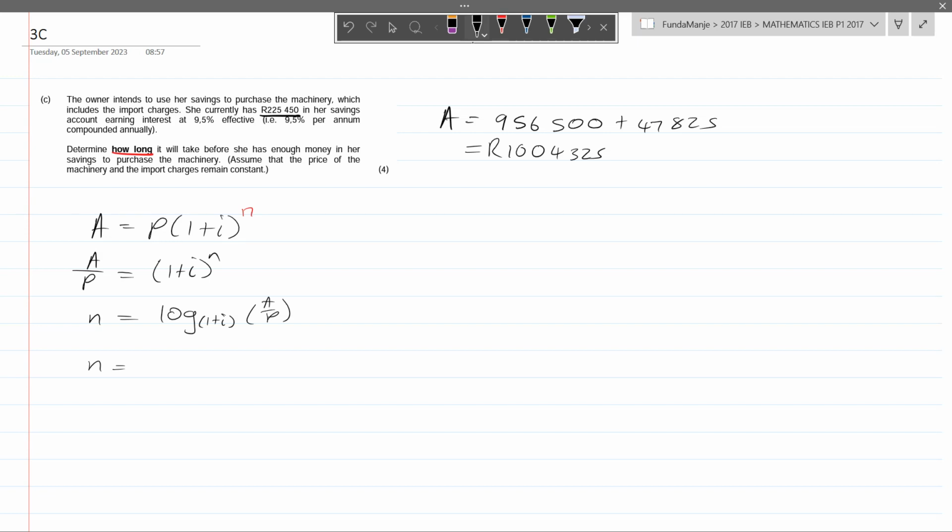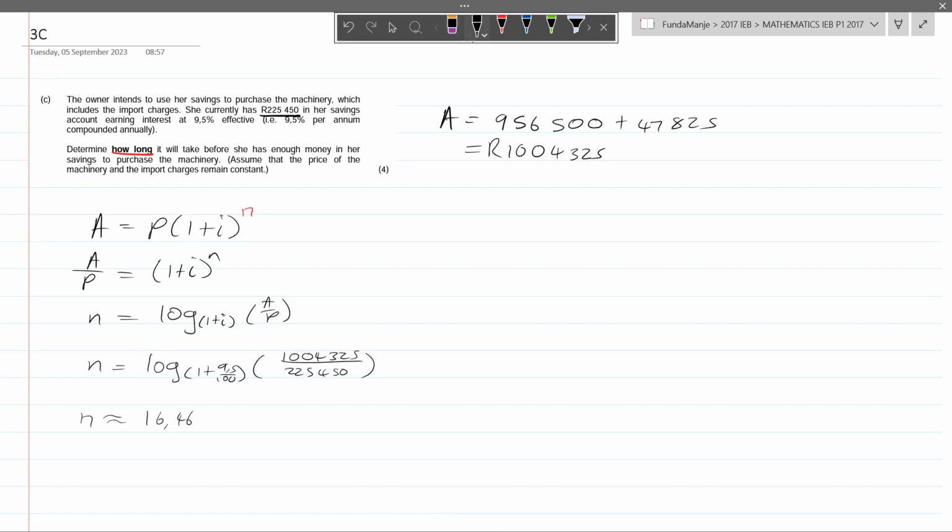So this will be the log of 1 plus, the interest is 9.5, so that would be 9.5 over 100. Close that bracket, and then in the bigger bracket put the final amount, which is that 1,004,325, all over the principal amount, which is 225,450. And then you can input this on your calculator and you should get an answer of roughly